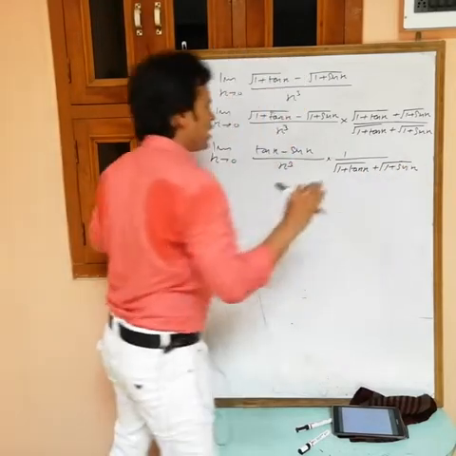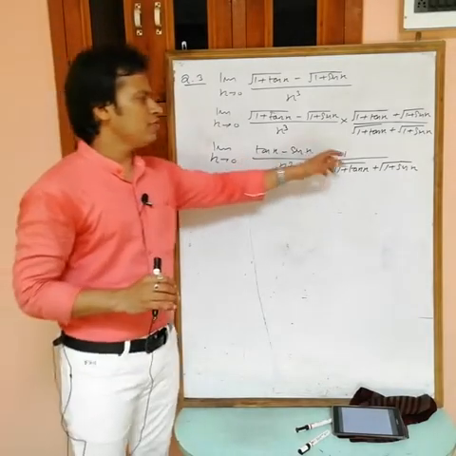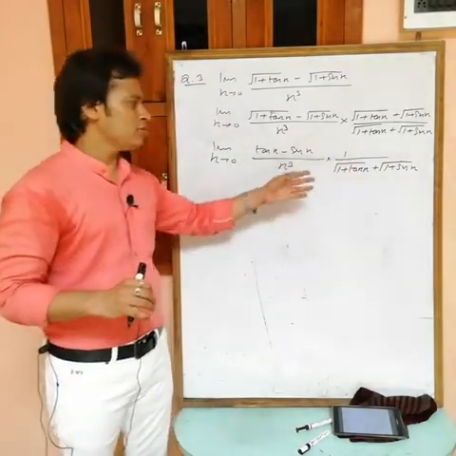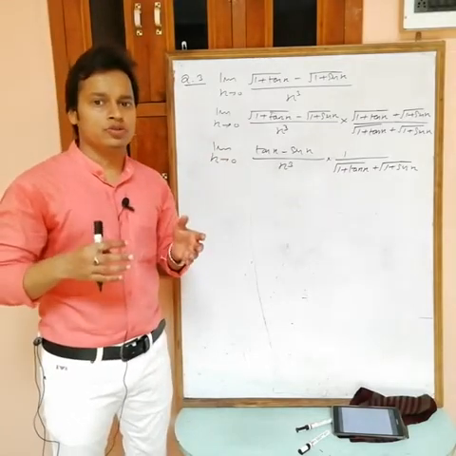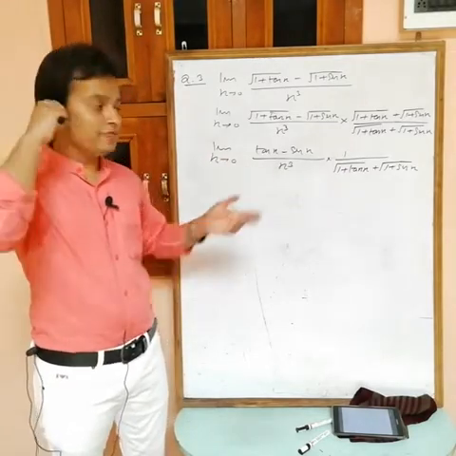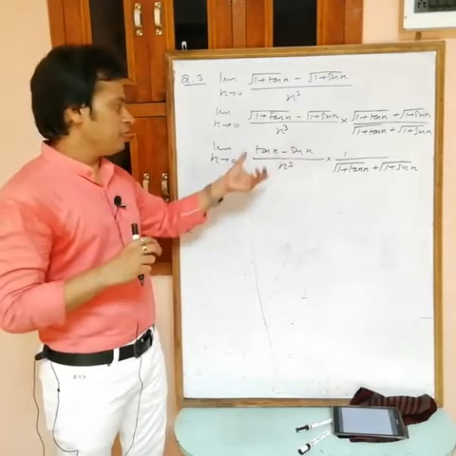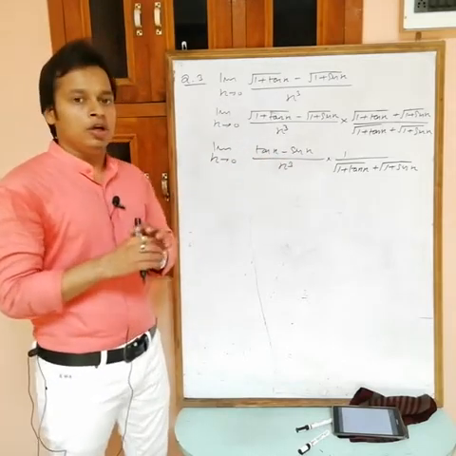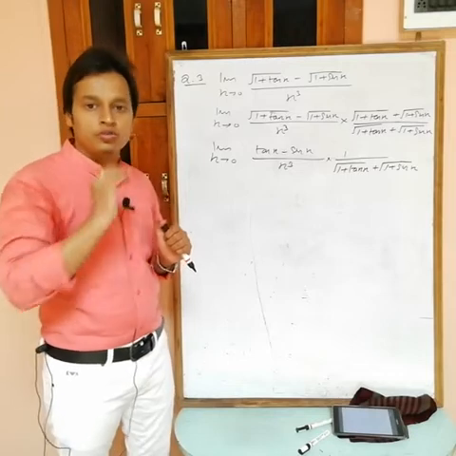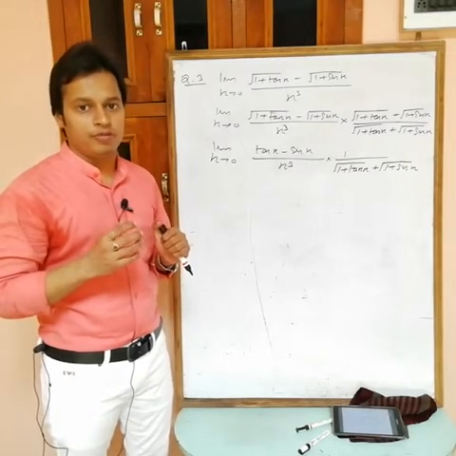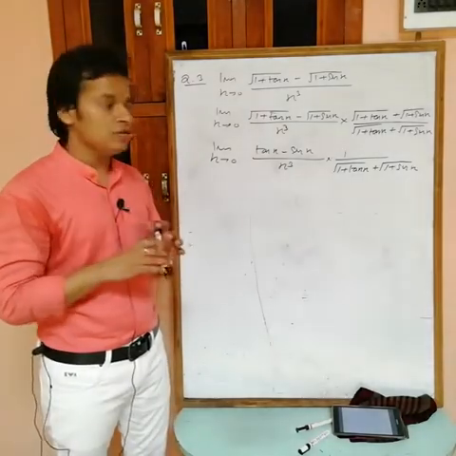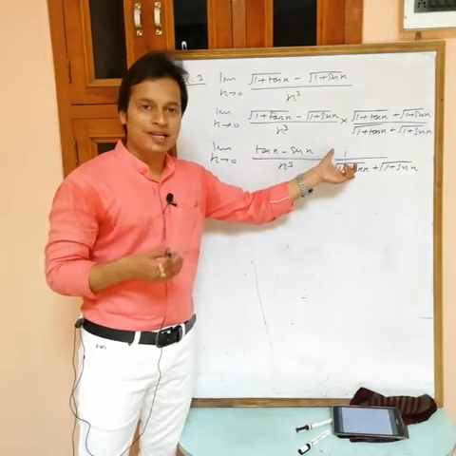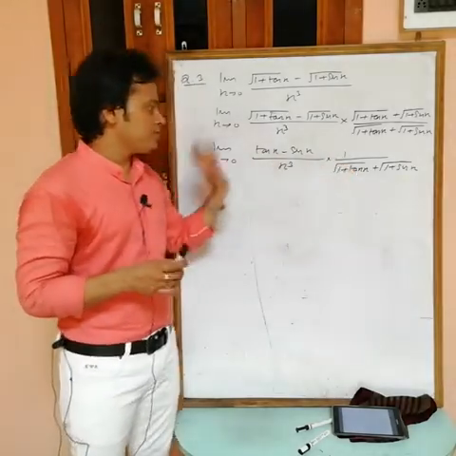Now only try to simplify this one because this is already simplified. There is no need to simplify this one because when we put x equals to 0, this is neither equal to 0 nor infinity. Okay, it means this is a finite value. So if you can solve this one, then we can apply the limit f(x) into g(x) rule, the theorem of this: limit with f(x) into limit with g(x). So the limit for this one we can easily find. So this one as it is, just solve this one.